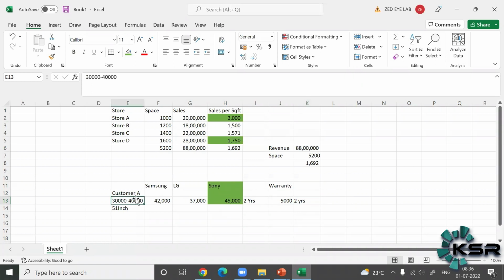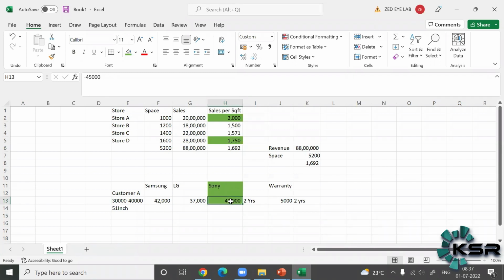Correct? So what you are doing, customer A has only come for a TV. Along with the TV, you have sold the warranty. This is a very, very important concept. I'll be referring going forward to all the solutions as upselling and cross-selling. So that should strike you. We have done the customer,